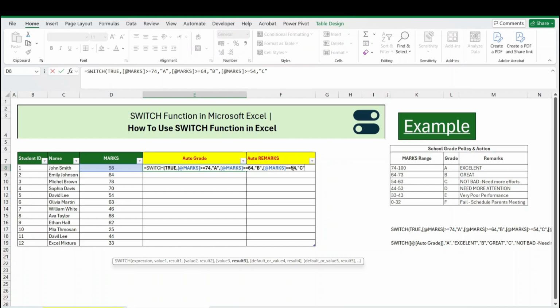then comma, fourth condition, we will click on the marks column, we will write more than or equal to 44, then the result, the grade D, then comma, our fifth condition, we will click on the marks column, then more than or equal to 33, then the grade will be E,